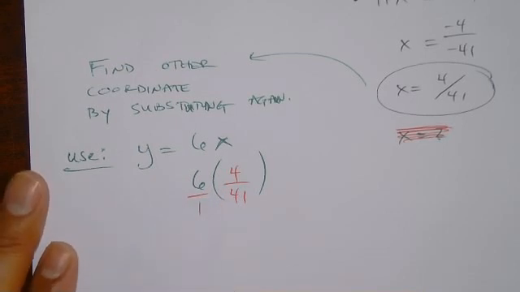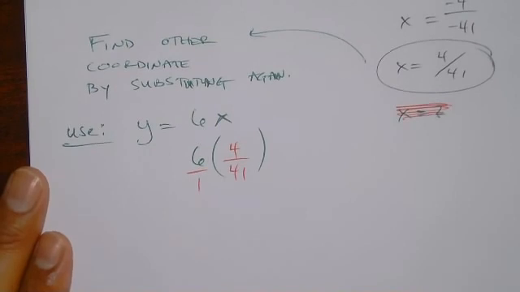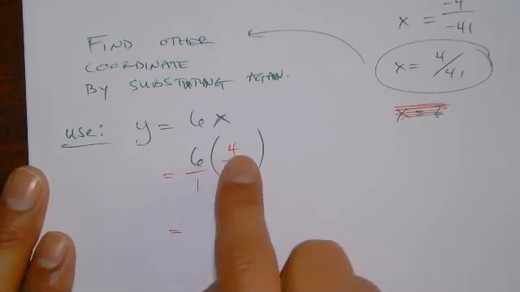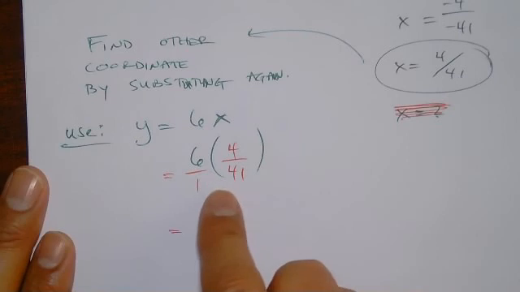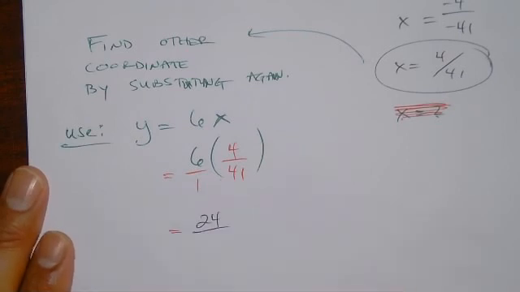Well, we're supposed to put a 1 under the 6. And then we're supposed to check if these cancel, but see, they don't. They don't cancel. So anybody know how to multiply this and just give me the answer? Well, you just multiply the top two numbers and then you just multiply the bottom two numbers? Yeah. This one didn't come out good because it gave me this ugly fraction. 24 over